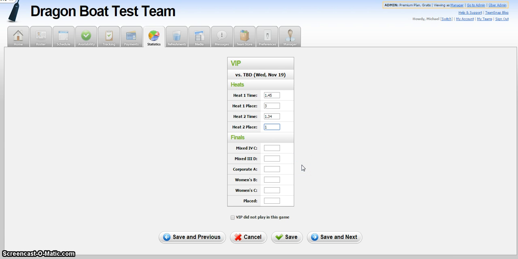This made it so that they were able to enter the corporate A final, we'll say, and they finished with a time of 1.40, and I'm going to say that they placed second. And all you have to do is click save, or you can even click save and next to go to entering the next boat's statistics. I'm going to click save at this point,